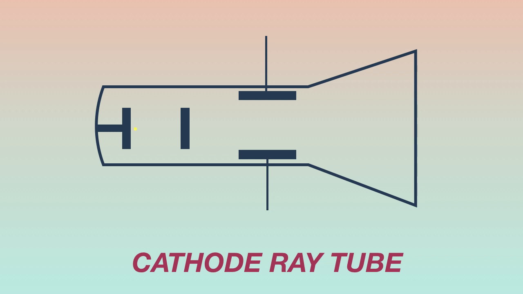When an electrical voltage is applied, Thomson discovered a stream of particles coming out from the negatively charged electrode, called the cathode, to the positively charged electrode, called the anode. The ray is called a cathode ray, or as we know it now, electrons. He discovered there is in fact a ray emitting from the cathode because he saw a glowing spot at the end of the tube.